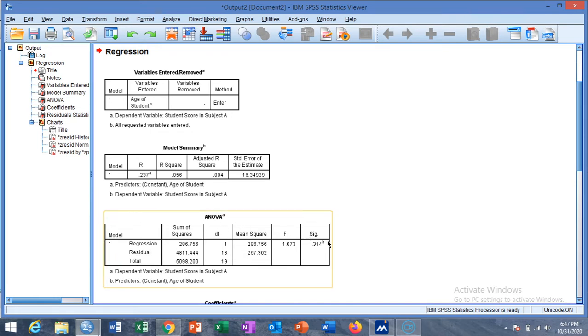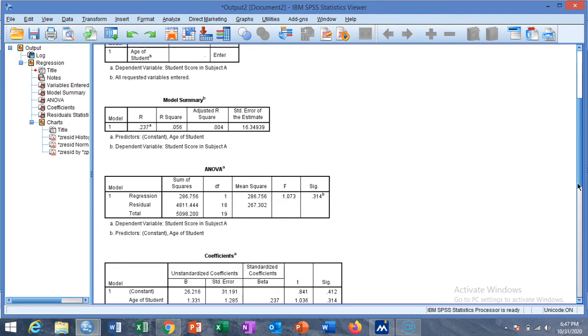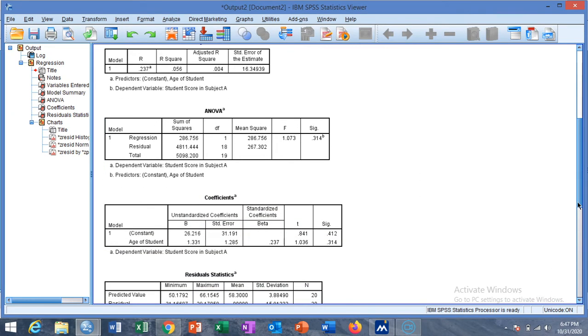The p-value is insignificant, showing that the null hypothesis is accepted that beta 1 is equal to 0. As there is only one regressor in our model, the null hypothesis is H naught: beta 1 equals 0, and the null hypothesis is accepted, so the model is not significant.